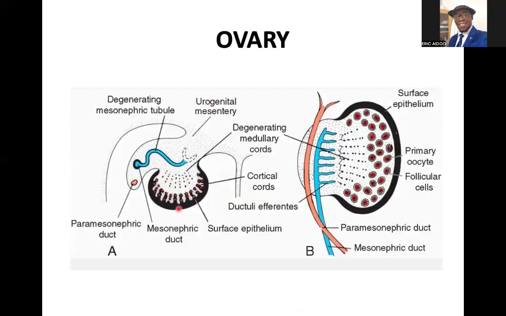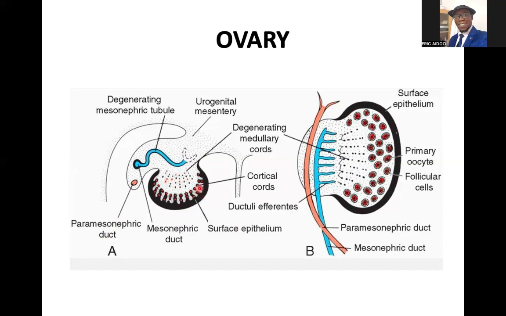So this is how the whole process occurs. You have the cortical cords there. That is the surface epithelium. That is the mesonephric duct, which is more pronounced in male, and that's the paramesonephric duct, which we see more pronounced in female. So you can also tell that the medullary cords of the primitive sex cords are degenerating, okay,